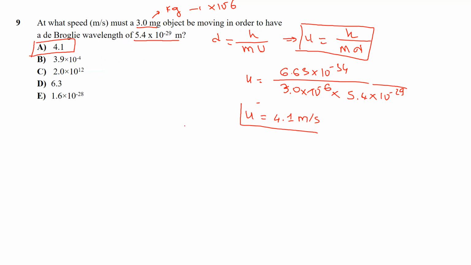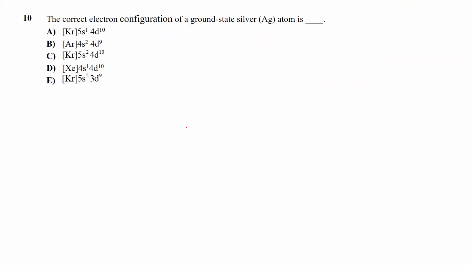Let's move to the last problem. The correct configuration of a ground state silver atom is, so we have 5 possibilities. For silver, you have Z equal 47. The noble gas close to it is krypton, and for krypton, you have Z equal 36. So you need to add 11 more electrons. So silver will be